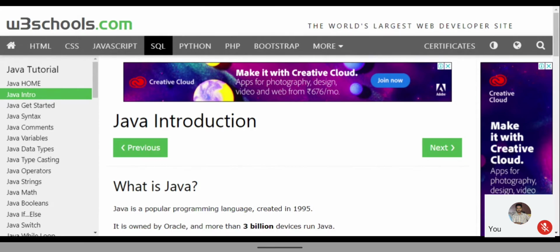But what it needs is a network, like data. For storing, if you want to access it not only on your mobile phone, you have to maintain the database also. And where you can see these databases mainly is in Instagram or Facebook. If you're just posting a photo, where is it saving? It's saving in the databases of Facebook. So if you want to create that kind of databases, you have to use SQL.